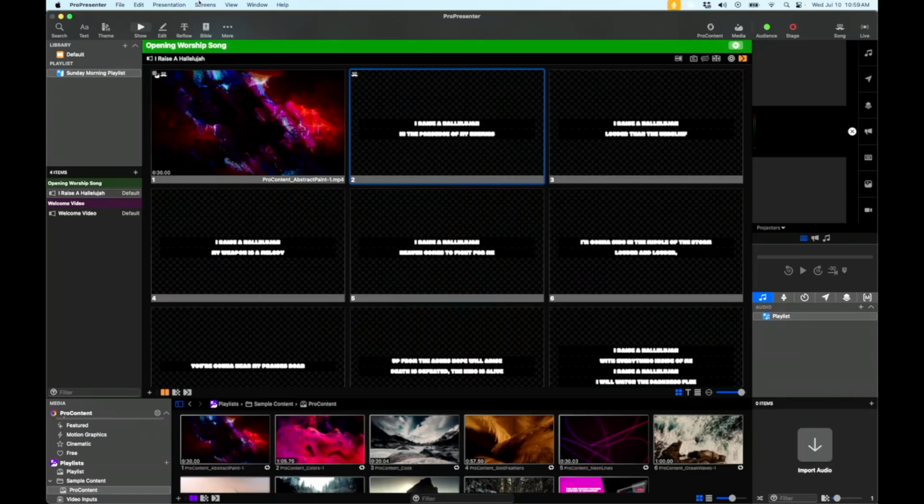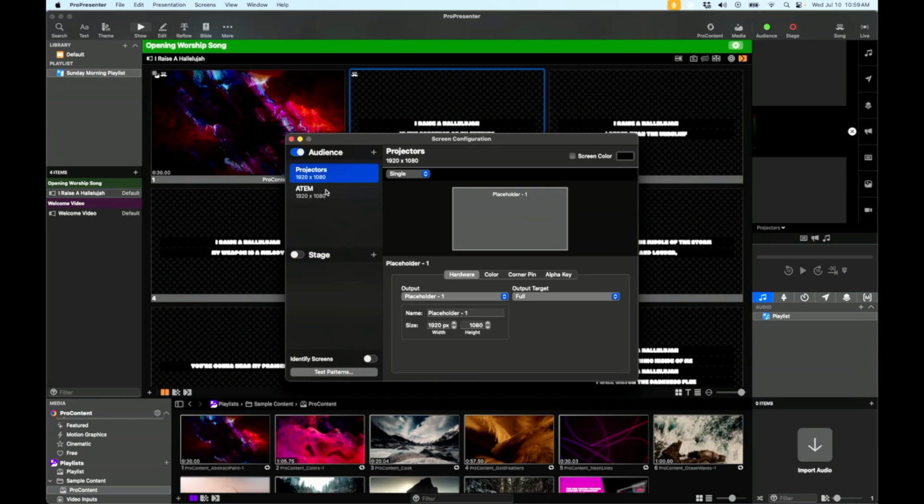So we go into ProPresenter. This is our same presentation we had before. We're going to go Screens, Configure Screens. Now, what is great, there are a couple different ways that we can do keying between ProPresenter and the switcher. There is a standard Luma keying, which is used with 1 input, where the switcher is just going to crop out any of the black. So it's going to just take any source of your image that isn't black